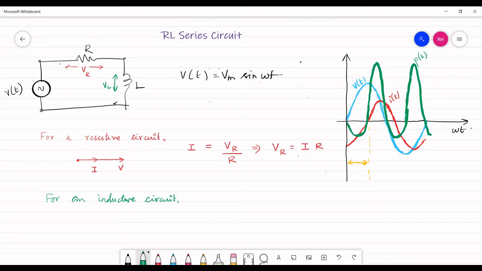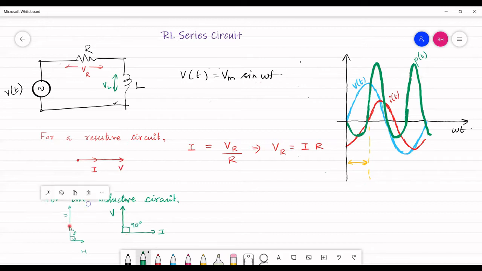Whereas in case of an inductive network, if you have voltage as reference, current lags voltage by an angle 90 degree, or we could say voltage leads current by an angle 90 degree. So to show that, let me just take this phasor diagram and rotate it by an angle 90 degree. So here now, because of rotating, current is acting as a phasor reference, and we have voltage that leads current by an angle 90 degree.